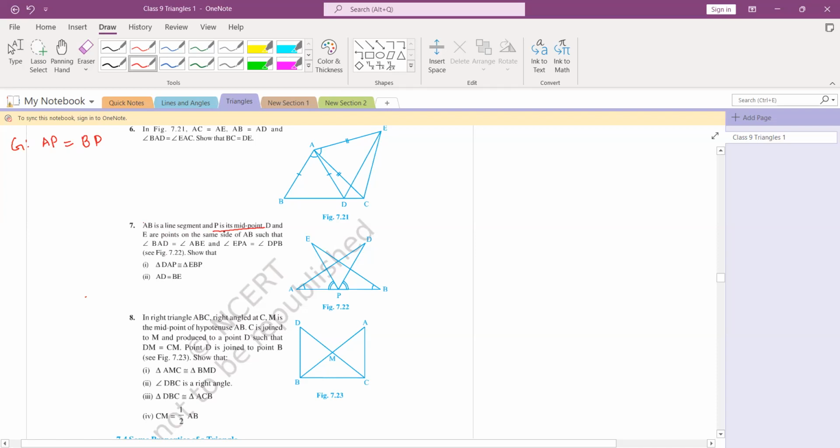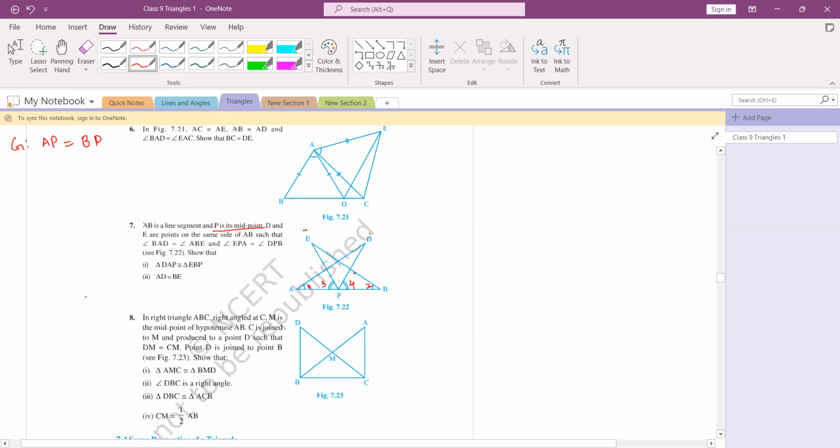D and E are points on the same side of AB. So D is this point, E is this point, such that angle BAD, I mean this angle, is given. Some angles are given: BAD is equal to ABE, and EPA. I'm just giving them names to make it more clear: 1, 2,